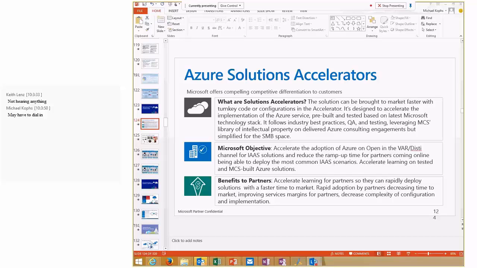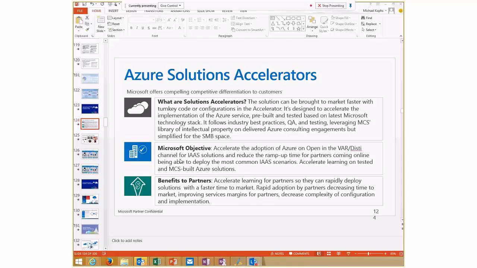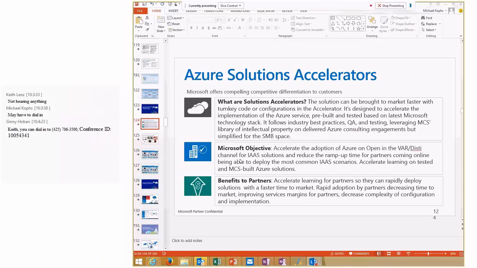So we funded these solution accelerators and funded our MCS group, Microsoft Consulting Services, the consultants, and they're the ones who built them, so the pros, right? And we basically funded them and said, hey, we're an SMB organization. We focus on the channel partners and small businesses. Can you create some solution accelerators for that space? So our objective, obviously, is to get our partners